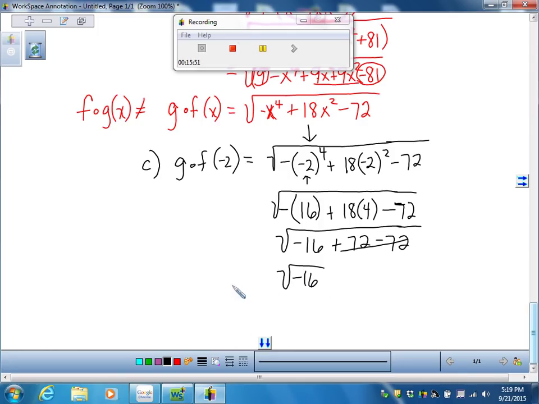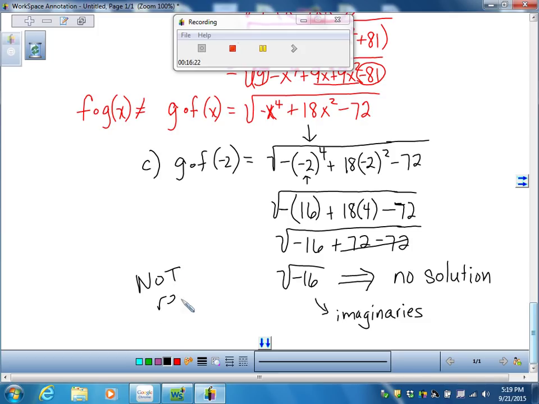And from Algebra 2, you should remember that we can't take the square root of a negative number over the real numbers. So in this particular case, I would say there is no solution, because the square root of a negative 16 does not exist unless you're dealing with imaginaries, which right now we're only dealing with the reals, so it's not real. Therefore,